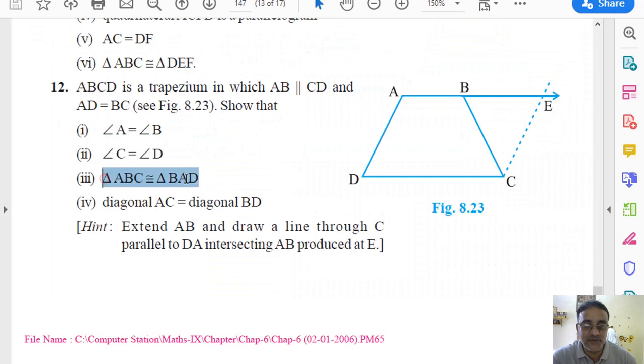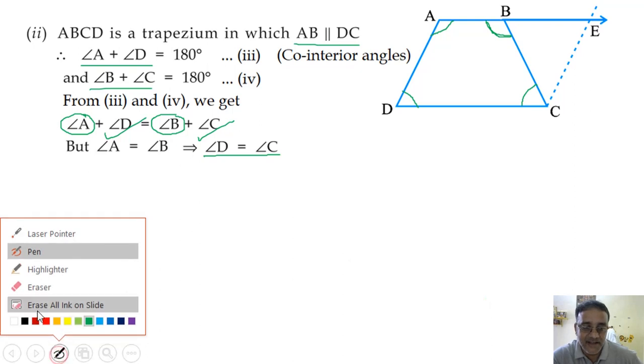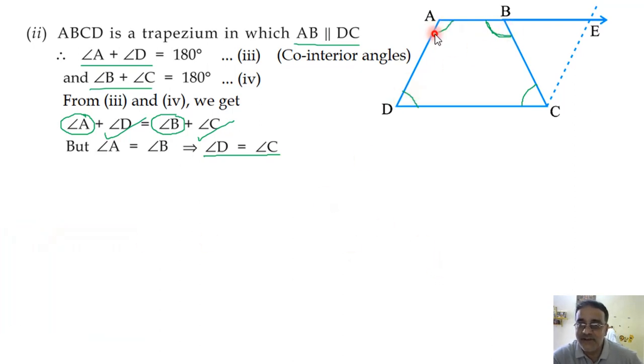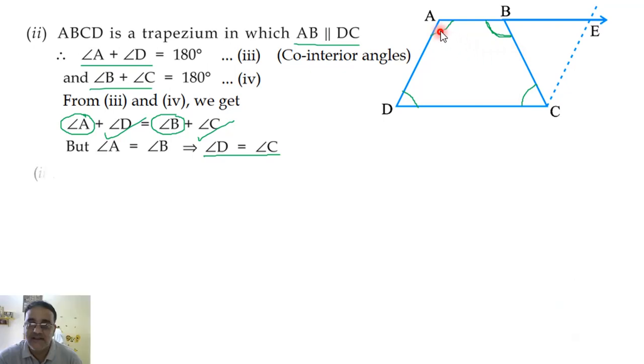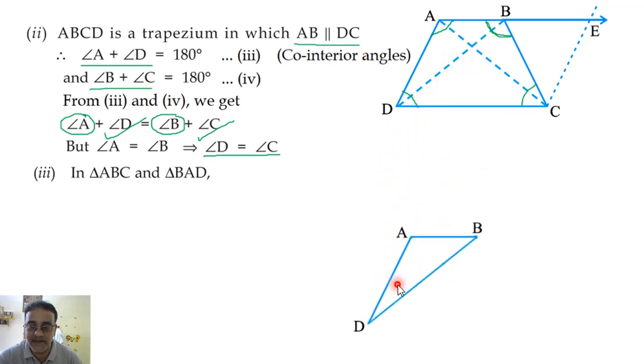In third bit we have to show these two triangles congruent, ABC और BAD. So उसके लिए हम लोग क्या करेंगे? So we'll draw the diagonals first. Okay. So AC join किए और BD join कर दिए. Now you try to identify triangle ABC. Second one triangle BAD. Whether you are able to identify. Yes, sir. अच्छा एक काम करते हैं इसको मैं निकाल देता हूँ. I will separate it. अभी easy हो गया? Yes, sir.